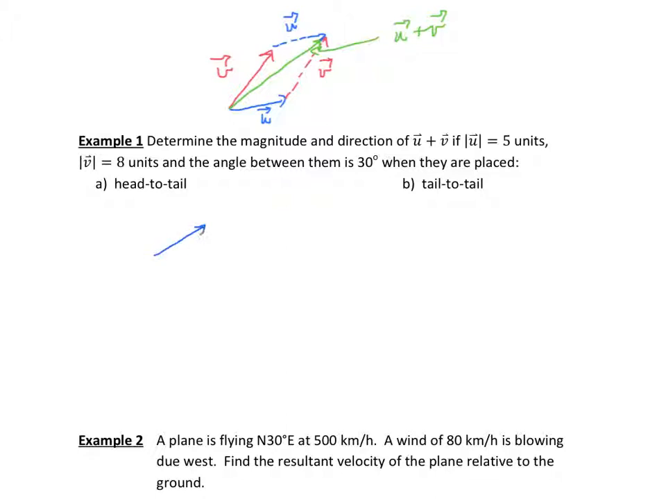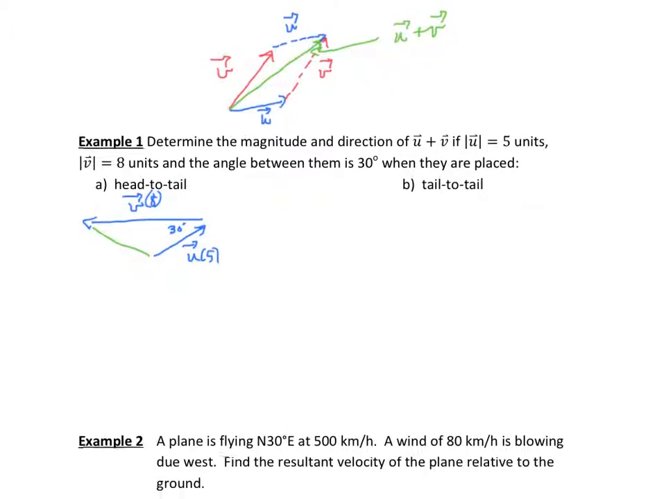Okay, that's better. We could have vector u, which has a magnitude of 5, followed by vector v, which has a magnitude of 8, and the angle between them is 30 degrees. Now we need to find the resultant vector, the magnitude and direction, that is, of the resultant vector,